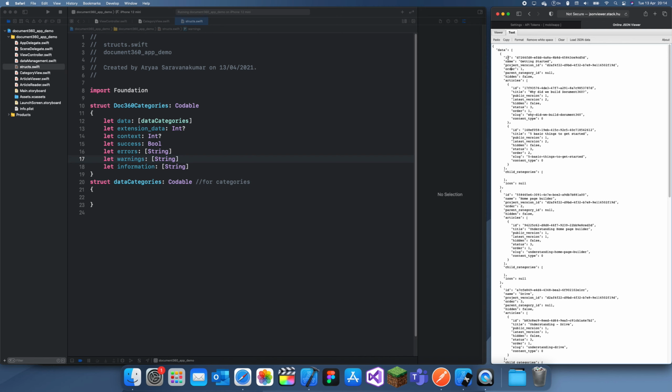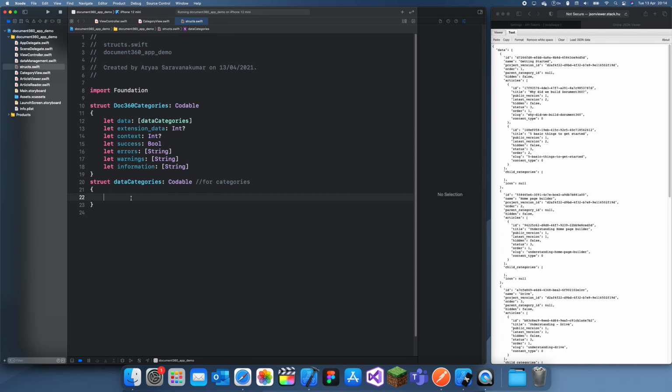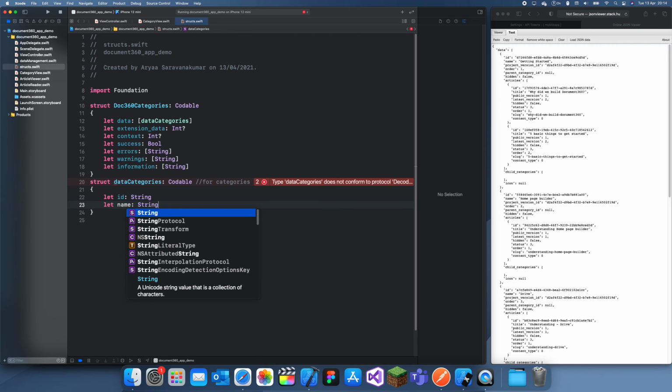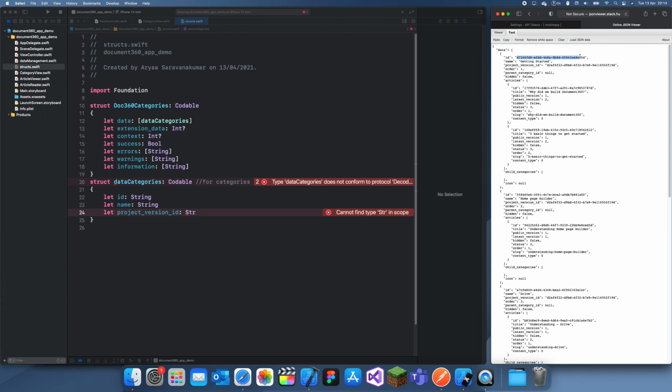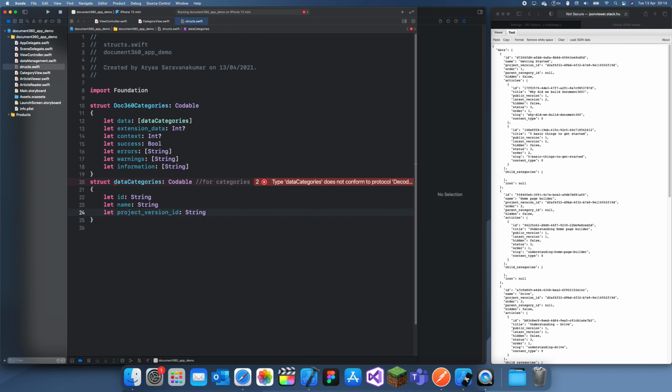So now we've finished this first layer, we need to go on to see what is inside of data, this. So we can see we have the ID at the top, and that is just a string, and it's not optional. So ID, it's a string. Then we have a name, and that is also a string. We have the project version ID, let project version ID, that's a string, and that's actually really important. Oh wait, no, this is the important one up here, because we're going to need that to get into the next stage. Let order, and that is just an int,